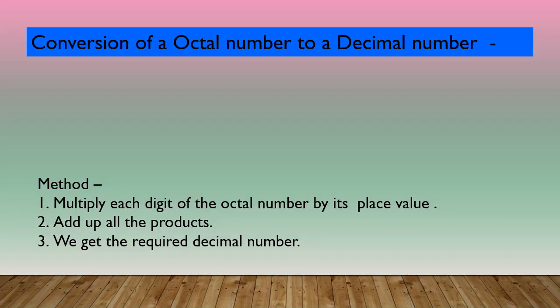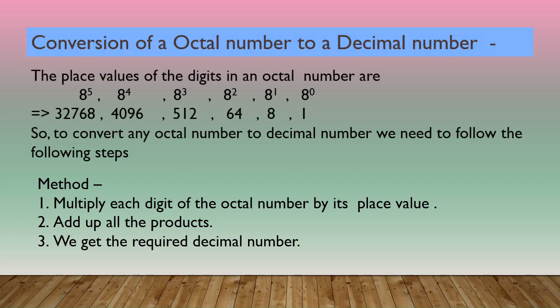Let's now see the conversion of an octal number system to a decimal number system. We follow a similar pattern, but now we have to multiply by the place values of the octal number system. Let's first see the place values of the digits in an octal number system. Again, starting from the right, the place value of the first digit is 8 raised to power 0, then 8 raised to power 1, 8 raised to power 2, 8 raised to power 3, 8 raised to power 4, and so on. The values for these are 1, 8, 64, 512, 4096, and